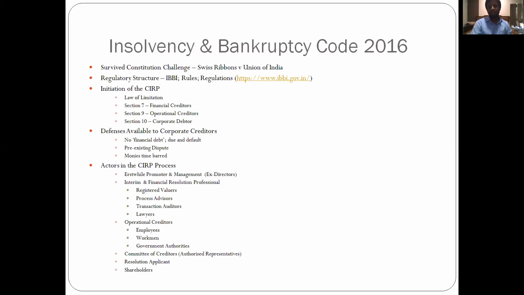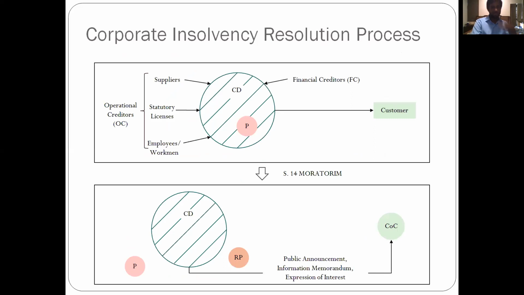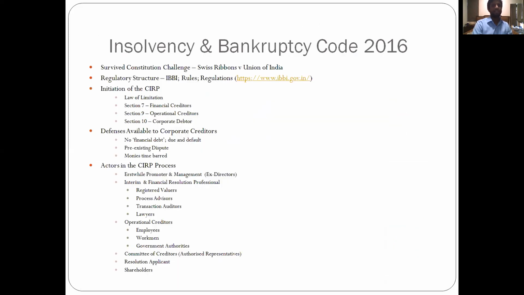Now, with operational creditors, things are a lot more interesting. There's a lot more artistic imagination which the law gives you, because here on the left side, if any of these guys comes and makes a petition to the court, the law provides you under Section 8 two steps. First of all, they can't go to the NCLT directly. An operational creditor first must send you a notice.